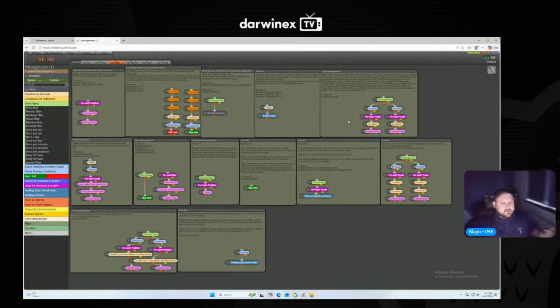As it trails, you don't know what you're going to get. It's really good for win rate strategies, so it does increase your win rate if you have a tight trailing stop, naturally. But it only trails when you're in profit, which is what I like about it. It's not one of those that's instantly trailing as soon as you've moved 1 pip. I'm not the biggest fan of those sorts of managements. I've never really found anything that works to catch the overall trend, which is what I like to do in the intraday. So yeah, it's a very good one.